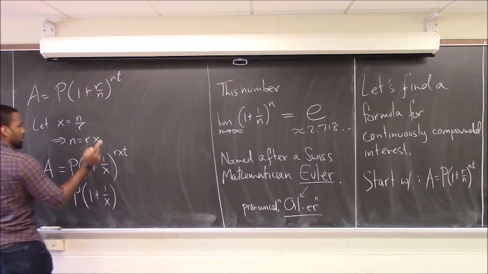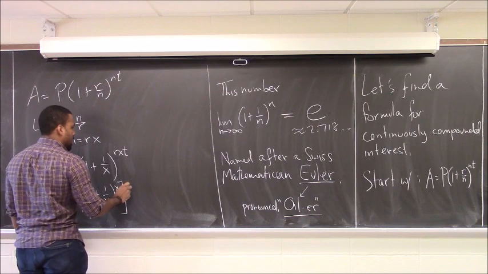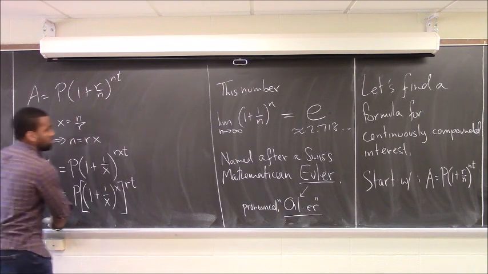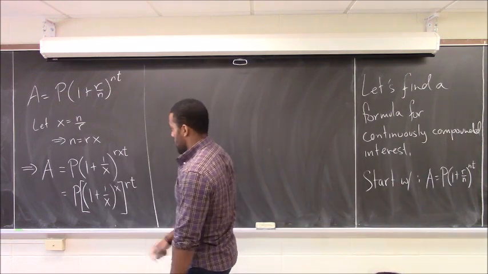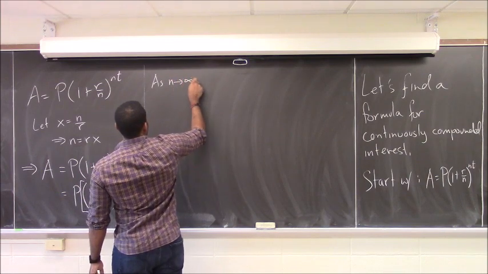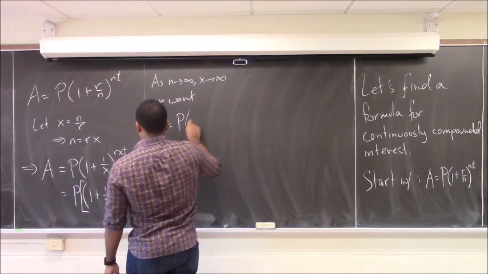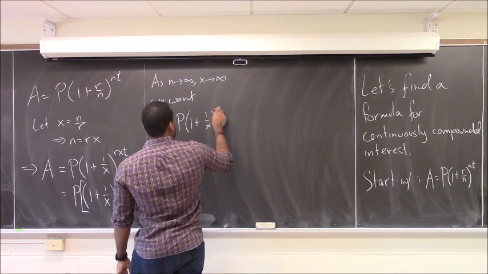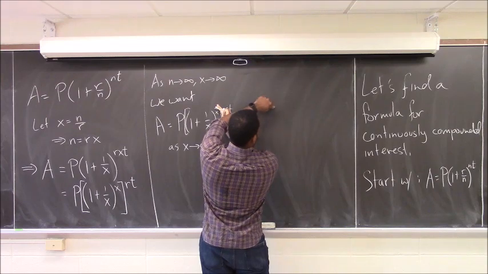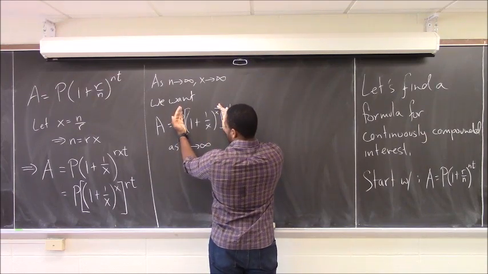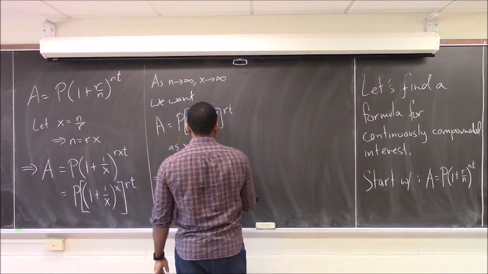Now I'm going to use the laws of exponents here, and I'm going to actually shift this x out. Now the laws of exponents tells us that that is what we would get here. And so now the idea is, as n goes to infinity, you'll notice that your x will go to infinity. And so we want this expression to the x rt as x goes to infinity. Now this expression, you'll notice it was the kind of the previous expression I wrote down here, but it has n in the place of x. But it doesn't matter, you're going to get the same number. This part here is going to turn into e. And so we end up with A equals P e to the rt,